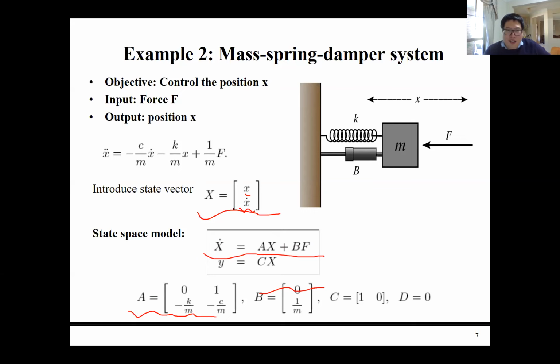Why is that? Because when you define your X into X and X dot, then what is your X dot? The capital X dot is equal to lowercase x dot and x2 dot, right? Then in this case, you have x2 dots here already, right? So that is another advantage of using this model, because when you have x2 dot, x dot, and x together